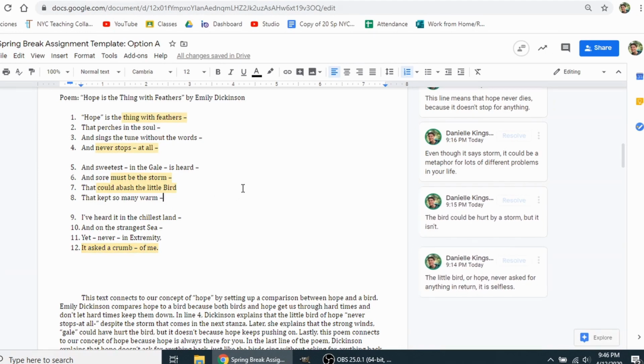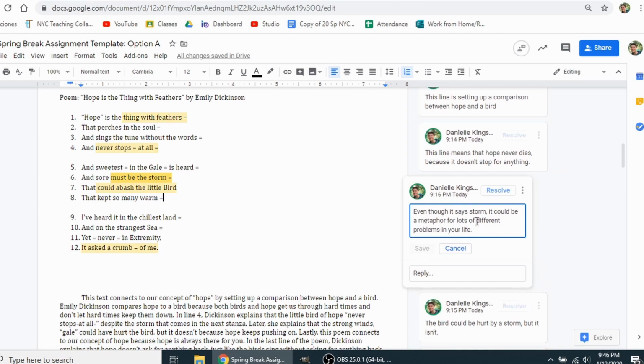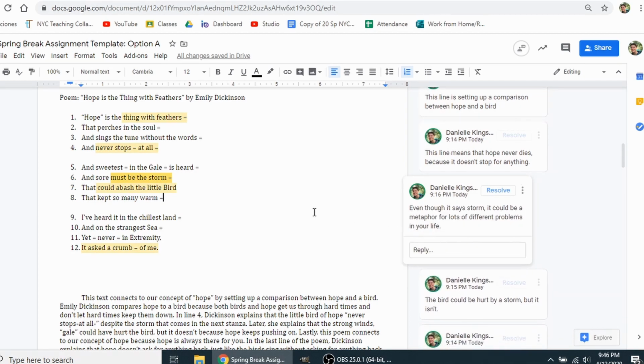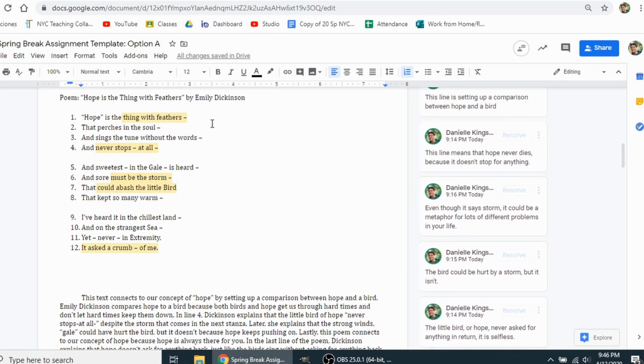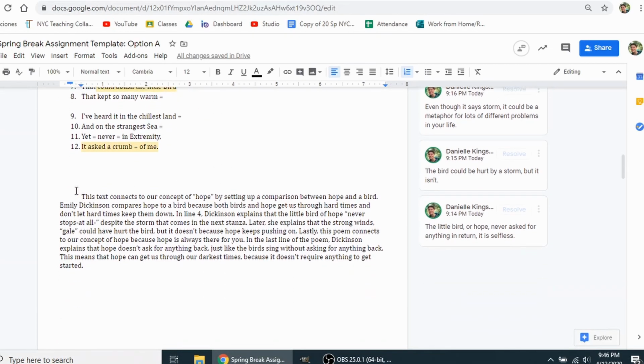If you write a comment and you decide you want to change it afterwards, you just go to these little 3 dots, then you can click edit, and then you can change your original comment. So again, the expectation is you'll have 5 annotations minimum per text. At the bottom, you write a paragraph connecting your concept to your selected text. So this one says,